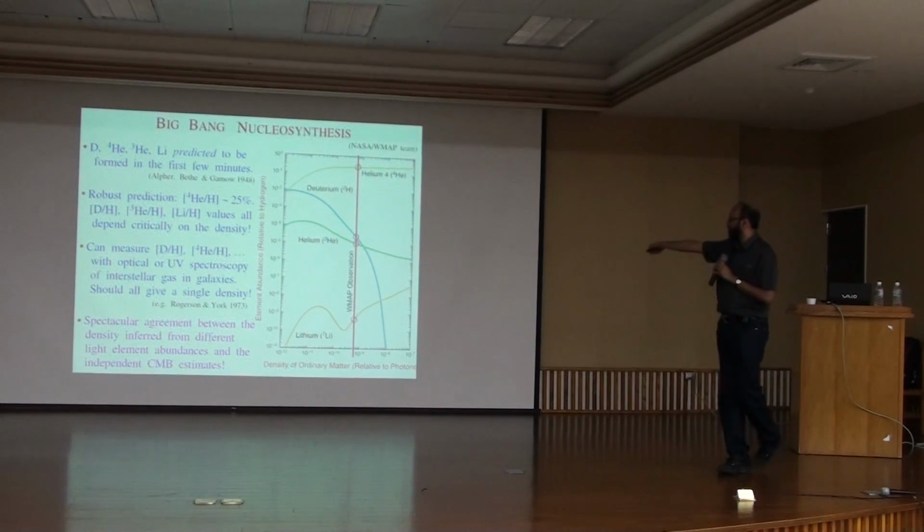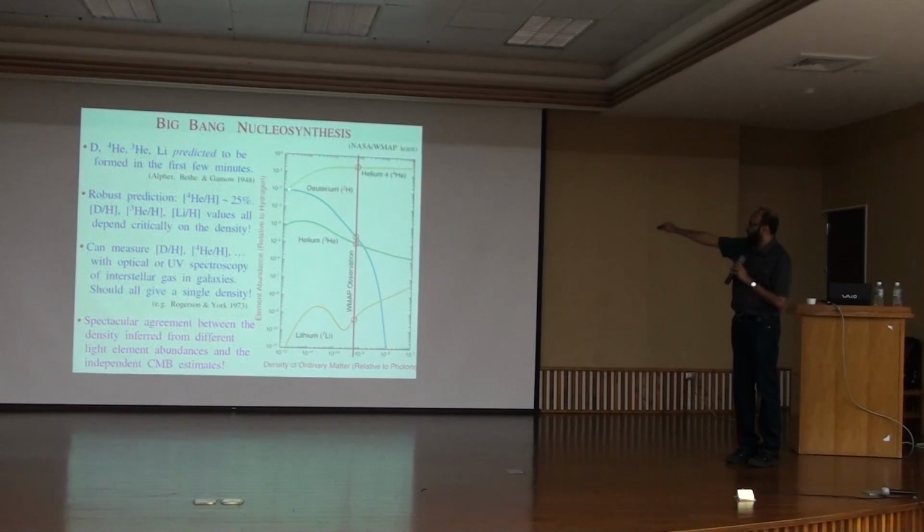But this plot shows you the best data from today. What's plotted over here are the element abundances, which is D by H, 4He by H, all of these things over here, for the different species. So this is helium-4, this curve. This is deuterium, this is helium-3, and that's lithium. And this plot shows, theoretically, suppose the density of matter at that epoch was some value, how much would you expect to get for the element abundance?